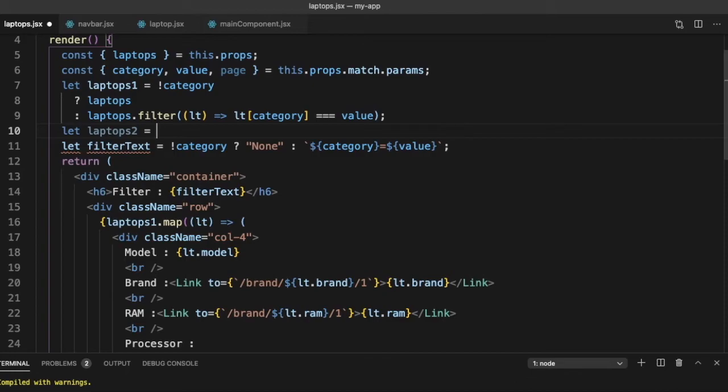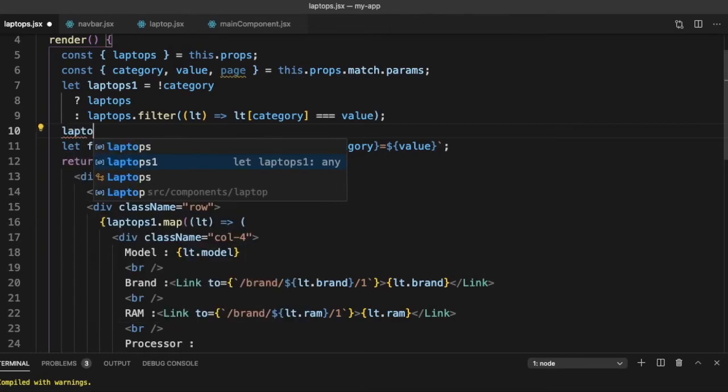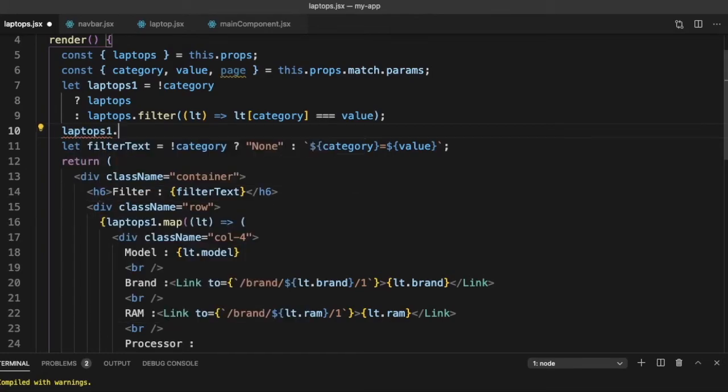Do we need to filter it? We need to filter it to a maximum of 3. So we can say, if laptops1.length is greater than 3, then what do we need to do?